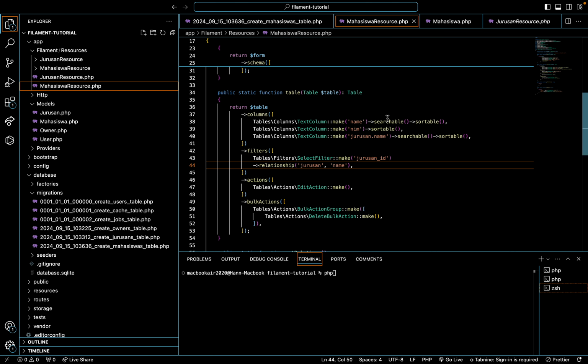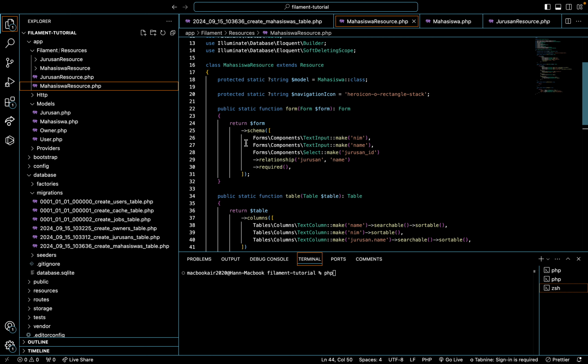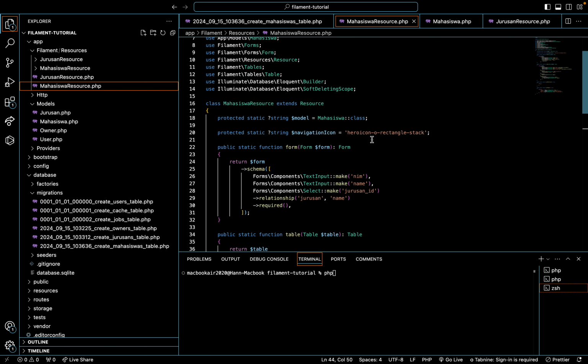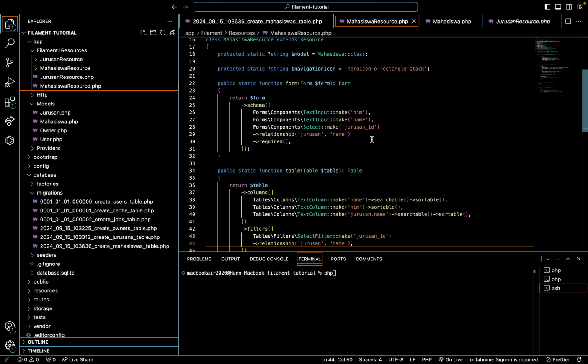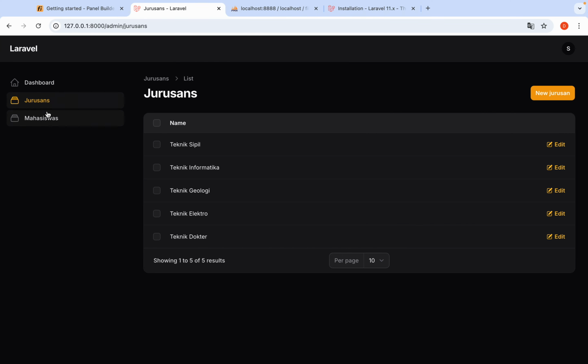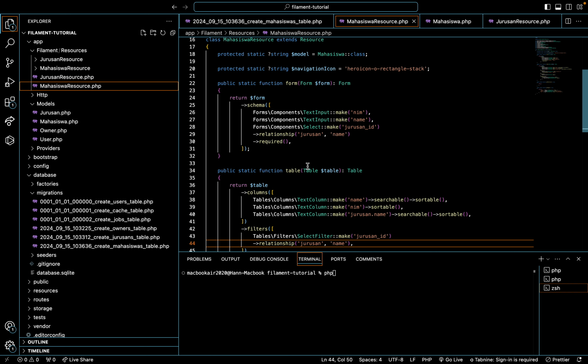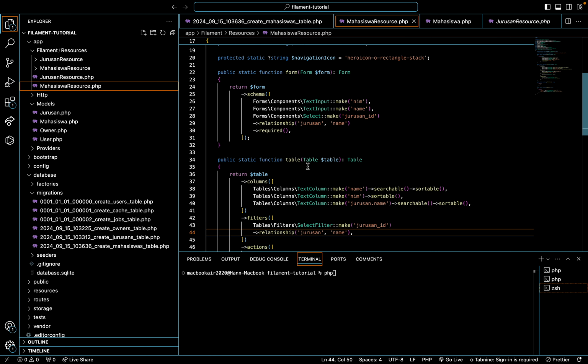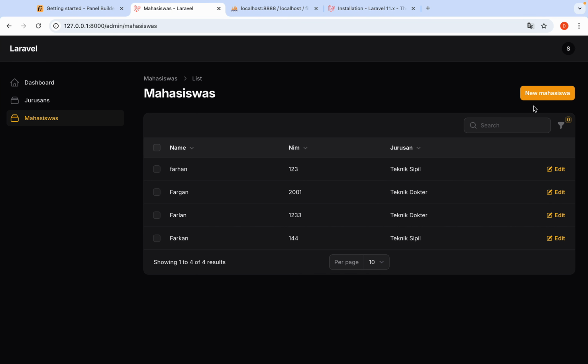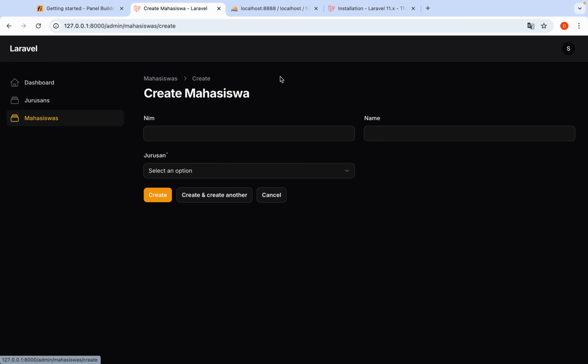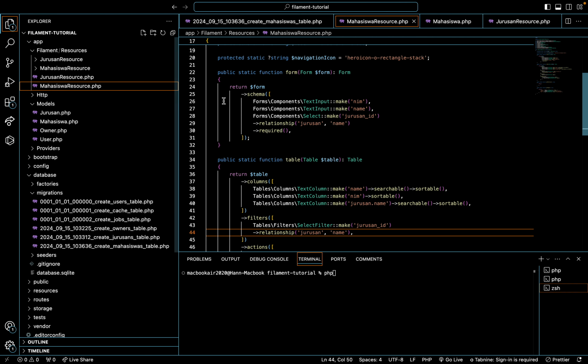The columns, oh wait, maybe from this, from schema components, name is for the table of new mahasiswa relationship.